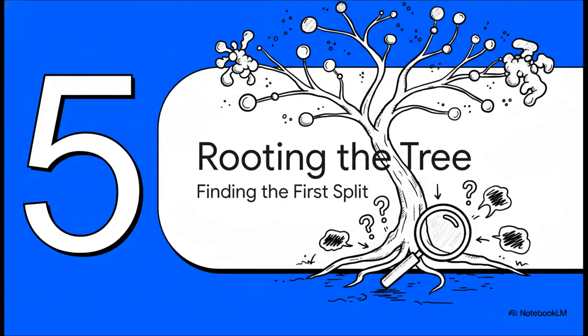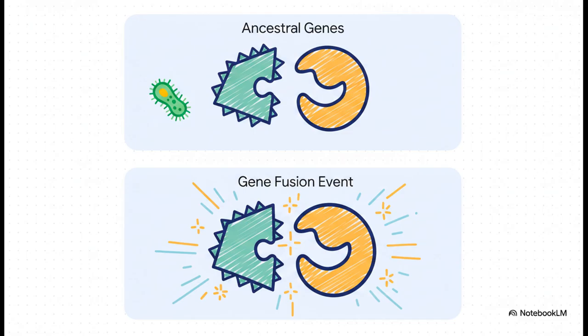Finally, Section 5, rooting the eukaryotic tree. Now we arrive at the climax of our molecular detective story, trying to figure out which of these supergroups actually diverged first. To solve this giant puzzle, researchers utilized a rare event approach. They hunted for a highly unlikely evolutionary mutation involving 2 specific genes, one coding for the enzyme DHFR and the other for TS. In bacteria, animals, and fungi, which represents the ancestral condition, these are entirely separate genes.